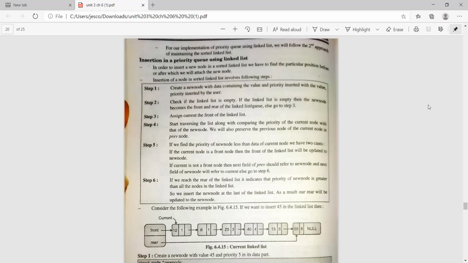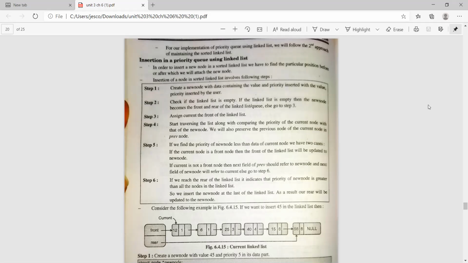And if it has a higher priority than the current node, then the front node will not be updated. If the current is not the front node, then the next field of the previous should refer to the new node, and the next field of the new node will refer to the current.